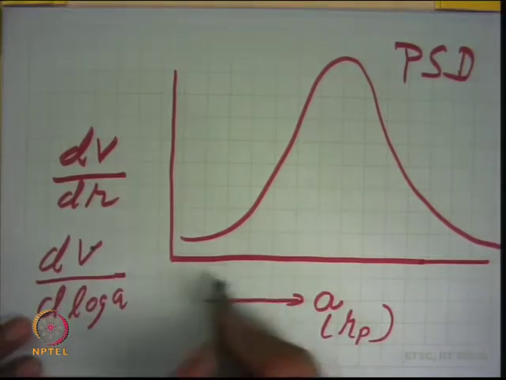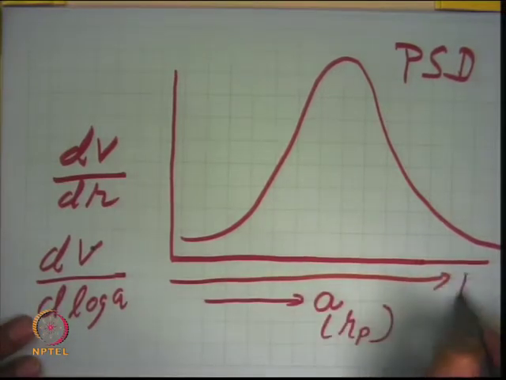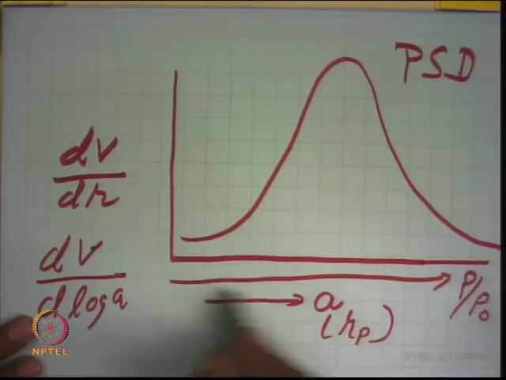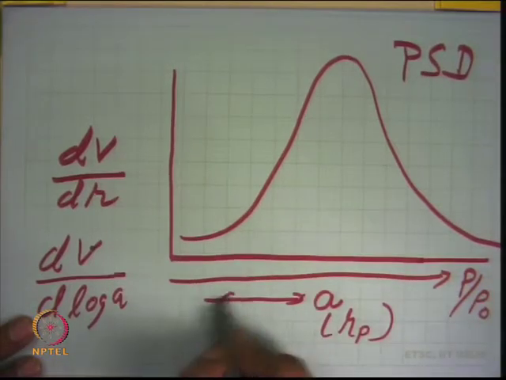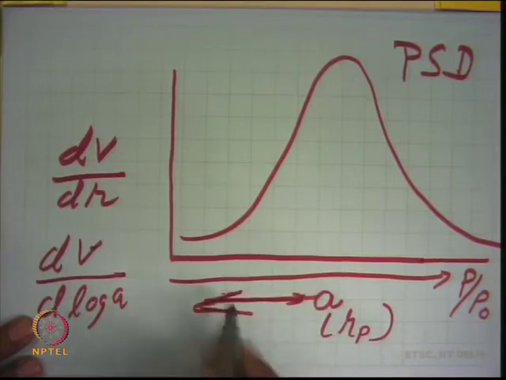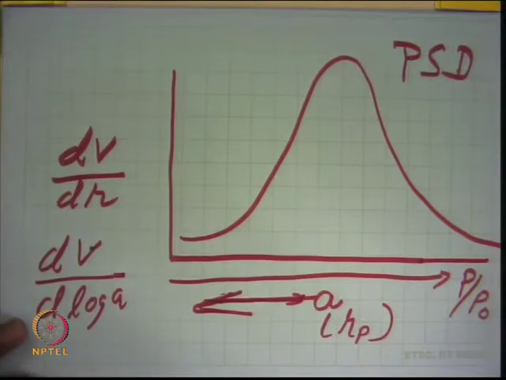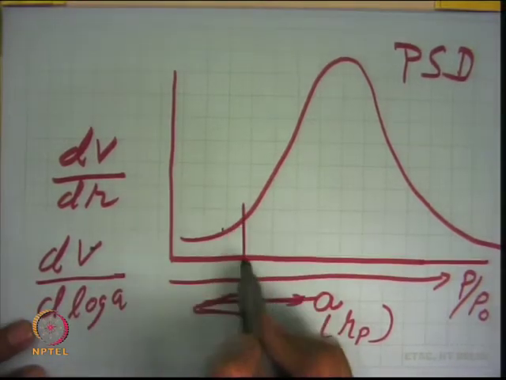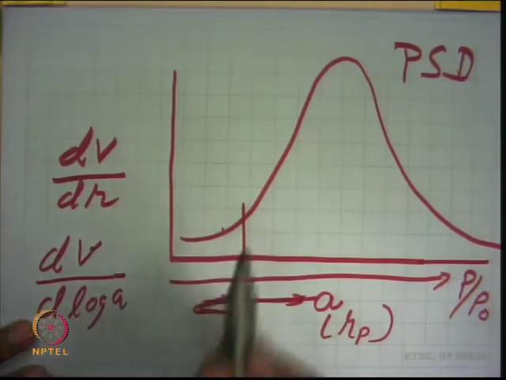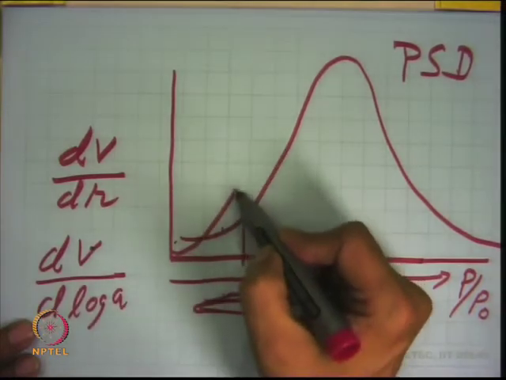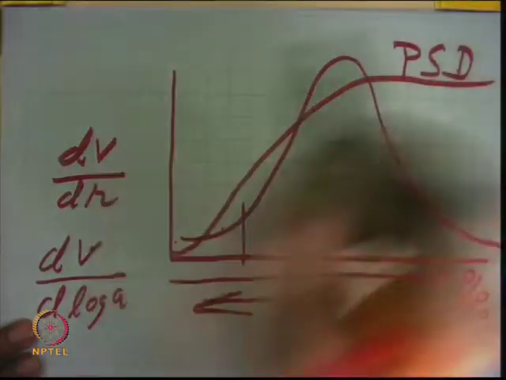If I just plot it like this, I can have P by P 0 values, or just a function of pressure, and if I write pressure increasing in this direction, the radius will go in this other direction, right. If your radius is increasing on this side, then pressure comes here, because the higher pressure means the smallest pore size. So, if I am talking about the cumulative pore volume, then it will go again something like this, right.